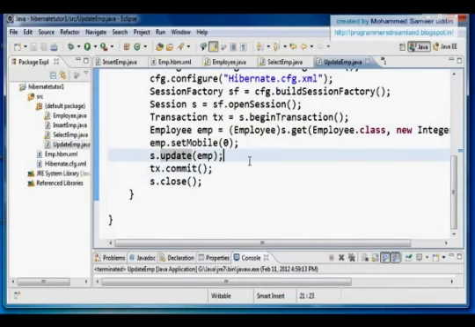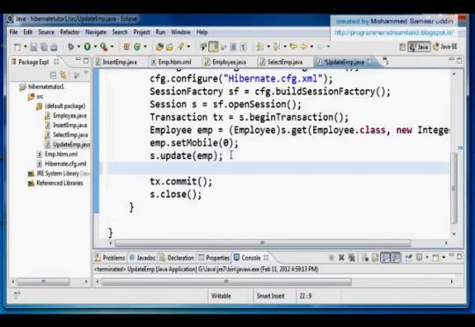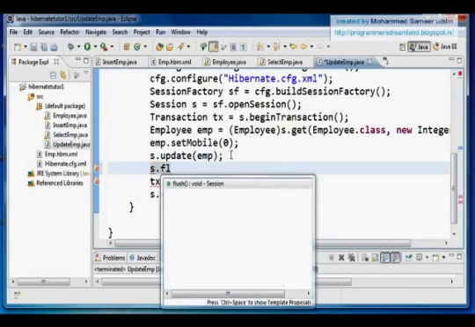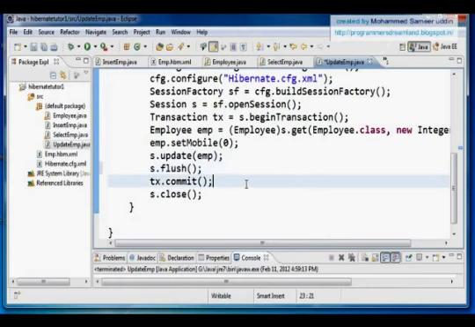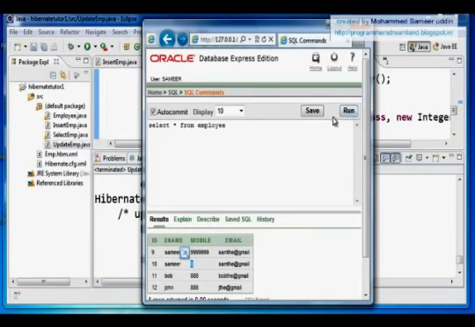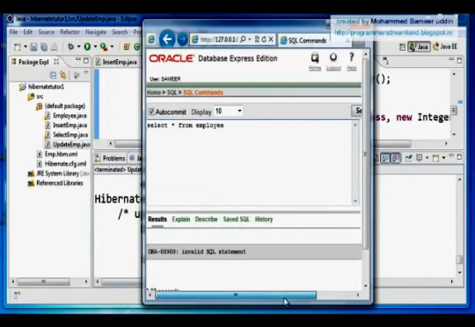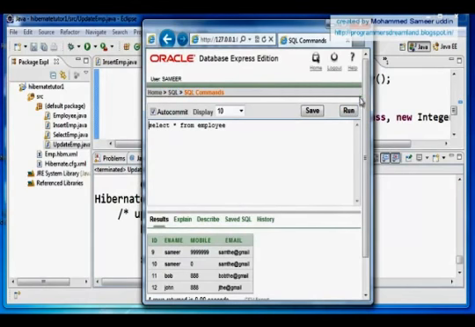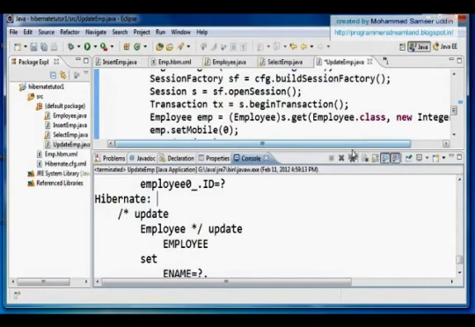I didn't use s.flush over here, but you should use flush. Anyways, s.save, s.close. Okay. s.flush comes after this statement. I just forgot it. s.flush. Alright, and then there you are, and I have updated my 10th column. Run this. Alright, so now